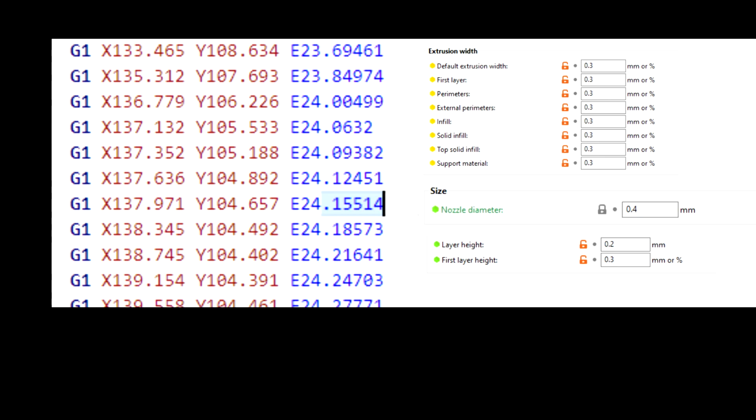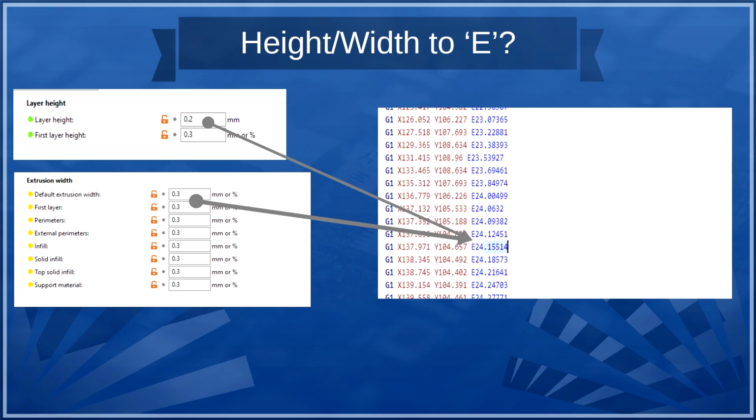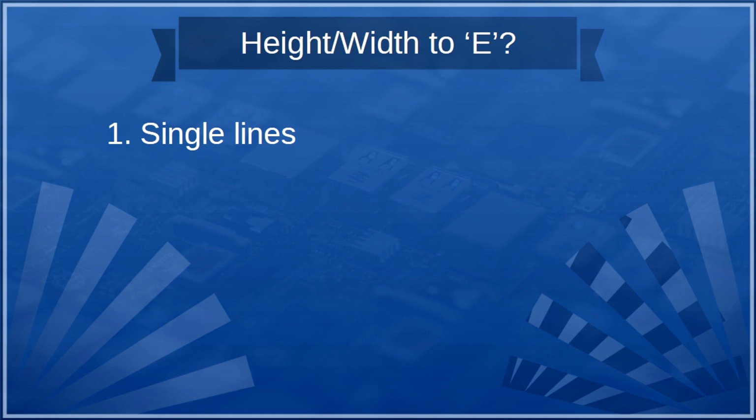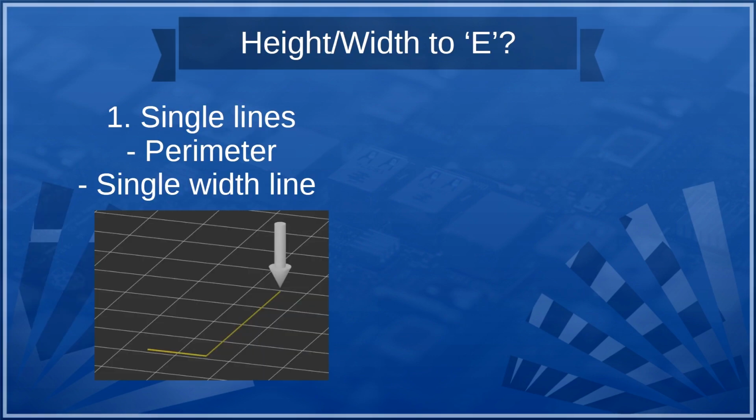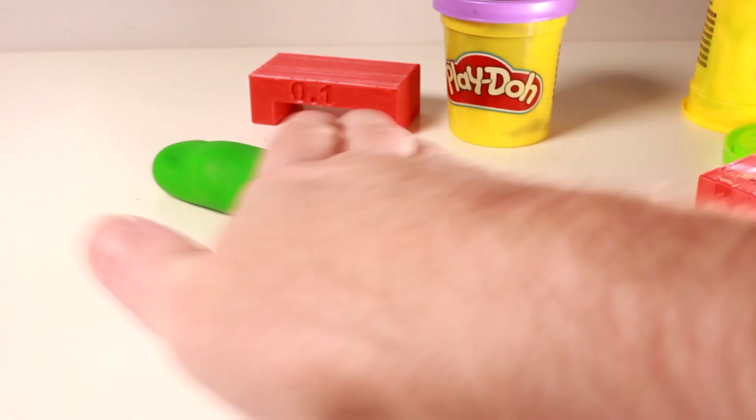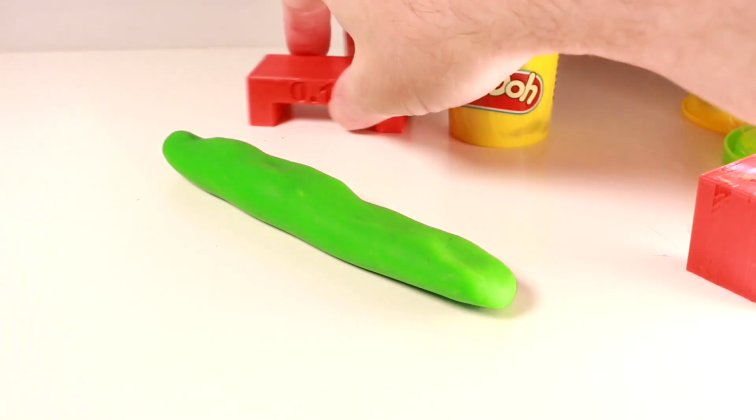Tackling the first question first, this is the point where the real world hits the math and doesn't entirely meet. There are essentially 2 scenarios when extruding filament, at least that's the simple explanation. Scenario 1 is when you're extruding a line, say a perimeter or just a single line on its own, with no adjacent lines already present. Back to the Play-Doh and we can see, give or take, what will happen.